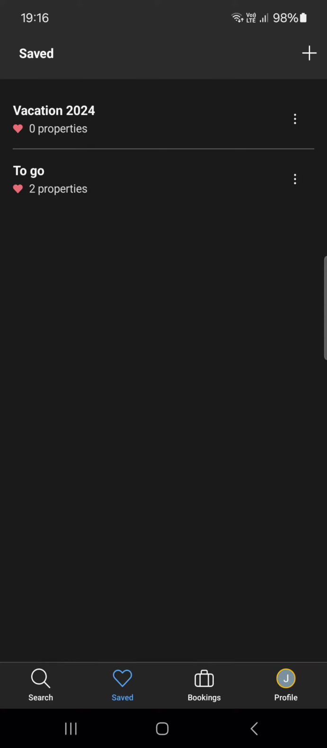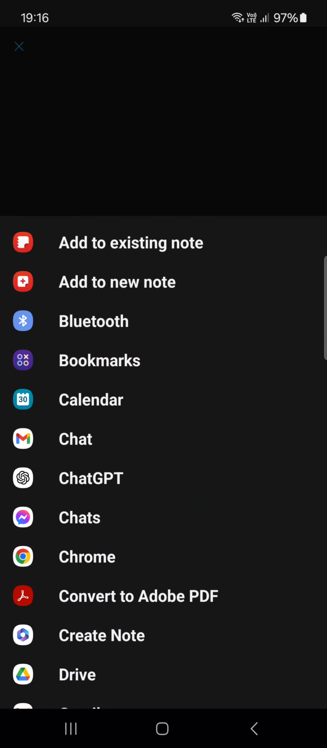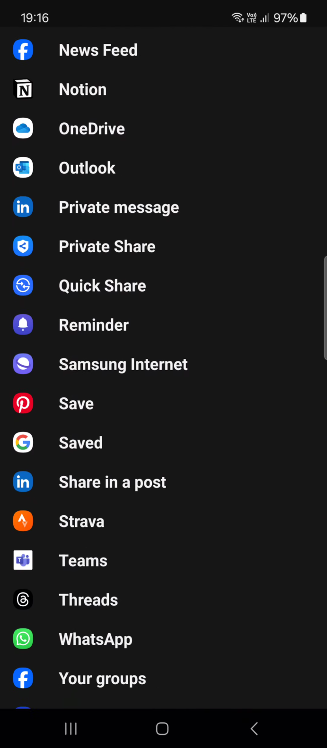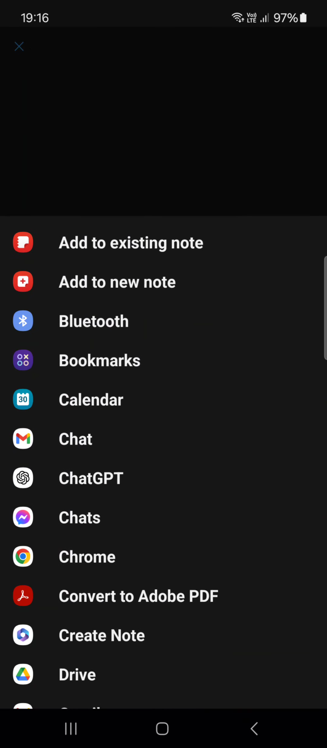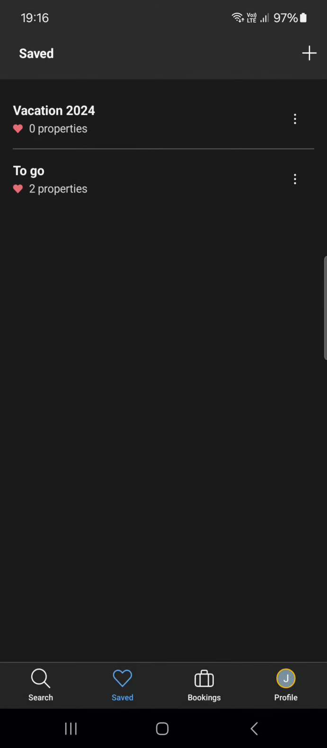And now if we want to share one of these lists, we just tap on the three buttons next to the name of it and then tap on share. And here we can select how we want to share it. It's either WhatsApp, messages, or Gmail, or we have some more options as well. You can tap on that and then select one from this list. And yeah, thereby we can share it with